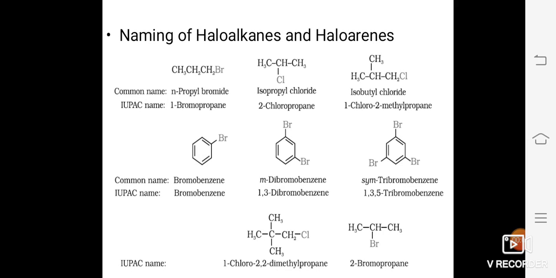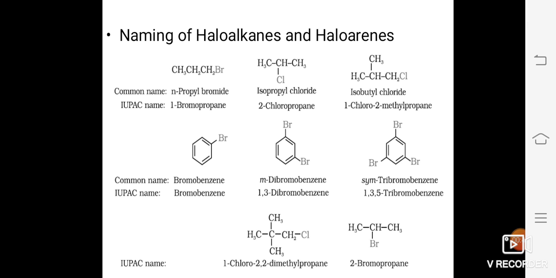In the current slides, we will be studying the naming of haloalkanes and haloarenes. In the examples given below, the first example is CH3CH2CH2Br. The common name is n-propyl bromide. That is a normal linear chain of an alkane where one hydrogen is replaced by a halogen, that is bromide, and hence the common name is n-propyl bromide, whereas the IUPAC name is